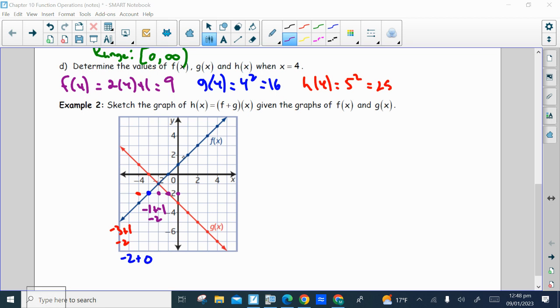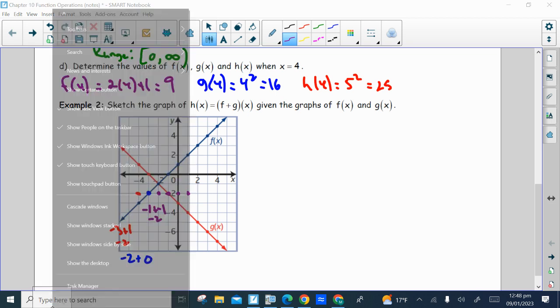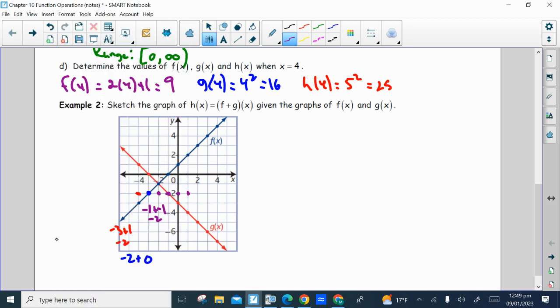When x is 1, you have y values of negative 4 and positive 2. Well, negative 4 plus positive 2 is still negative 2. When x is positive 2, you have y values of negative 5 and positive 3. Negative 5 plus 3 is still negative 2. So